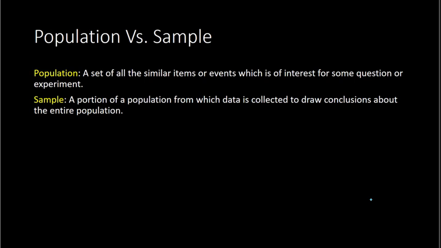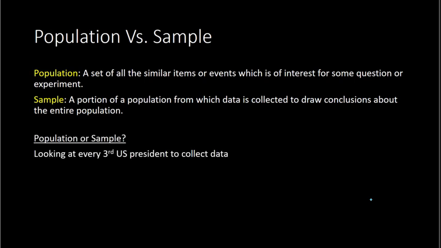So here are some examples where you need to determine if we are dealing with a population or a sample. Here, example 1, we are looking at every third US president to collect data. So notice this is not every president. This is just every third president. So this is a sample or a portion of the entire population. Now if you were to look at every single president, that would be a population because you're dealing with every